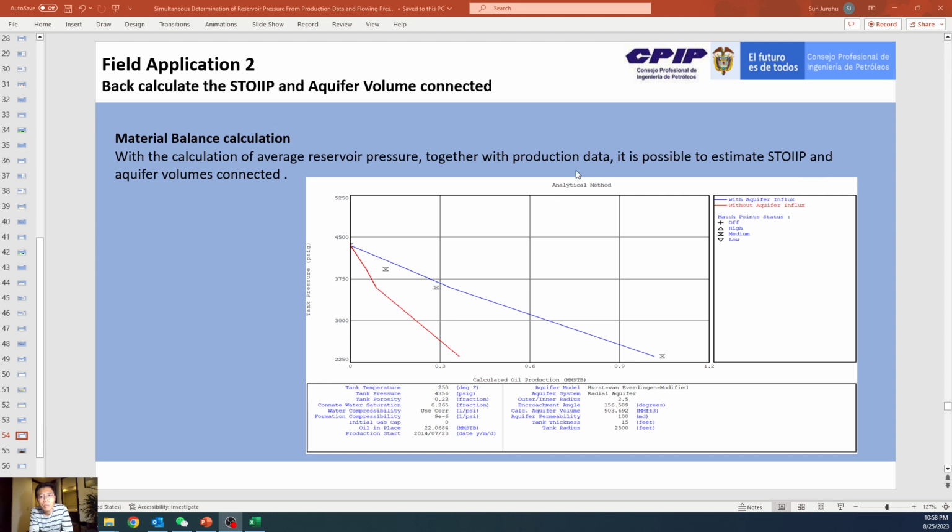Together with production data, it is possible to estimate the STOIP and the aquifer volumes connected. Using the representative average reservoir pressure and the related production data,